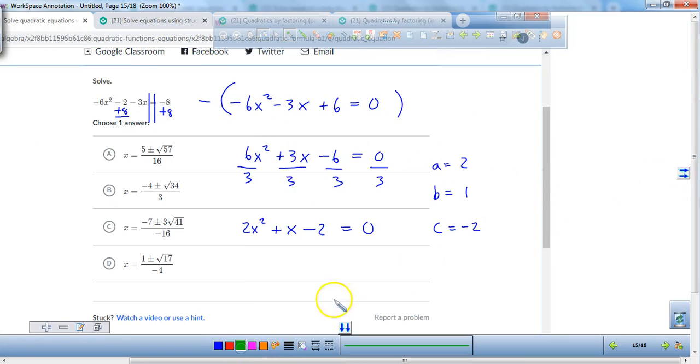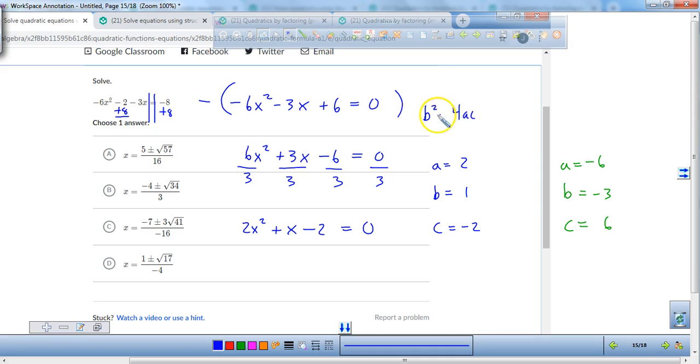You could still do it, alright? You could still say your a value was negative 6, your b value was negative 3, and your c value was a positive 6. So I'm going to do it side by side. I want you to see that it doesn't matter. Either way, you're still going to be able to get the final answer. Alright, so step number 1, find our discriminant,